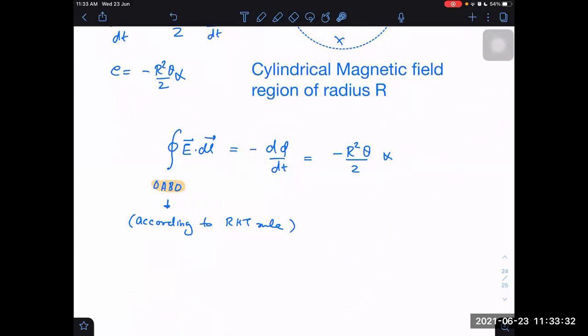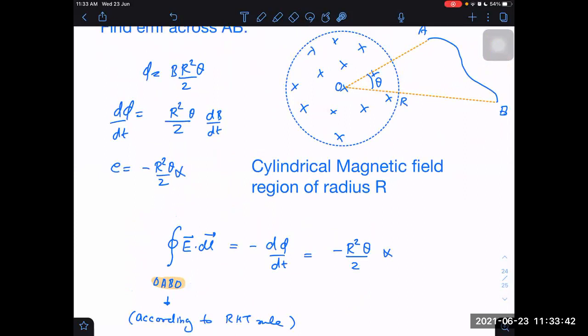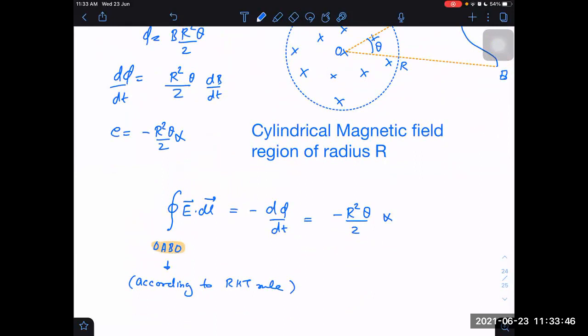So don't worry about the sign. There are mistakes in sign sometimes. Take magnitude wise here. And as far as the direction of EMF, that is decided by Lenz's law. Here you just take magnitude wise only. Although for the present case, I have taken not magnitude wise but with the proper sign also. What does this negative sign indicate? This negative sign indicates it is opposite to the direction of the magnetic field.